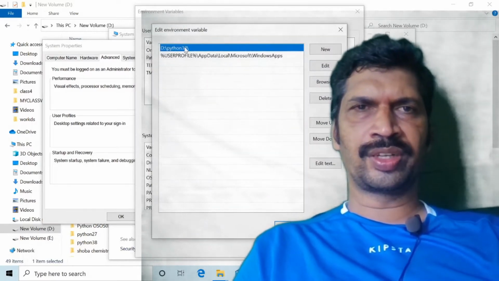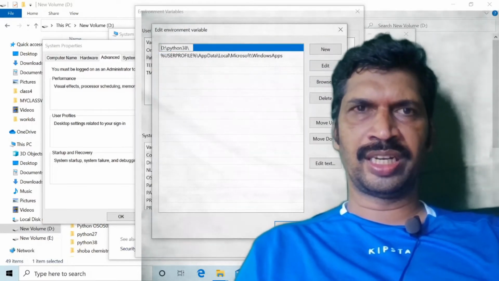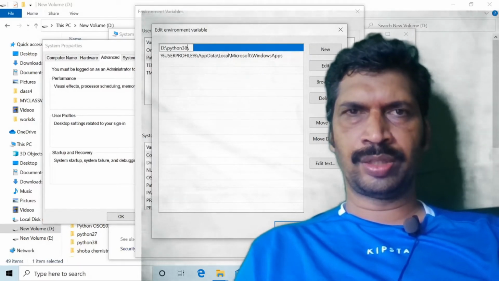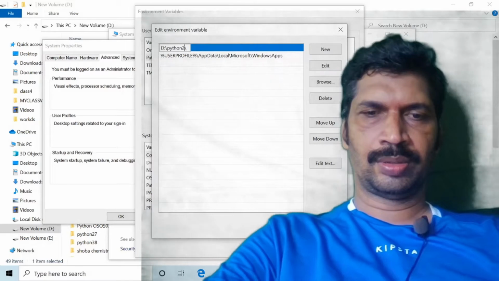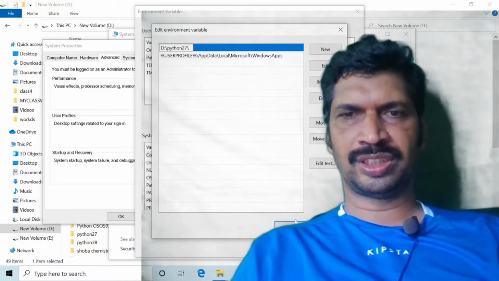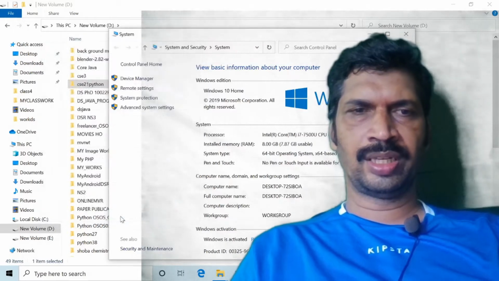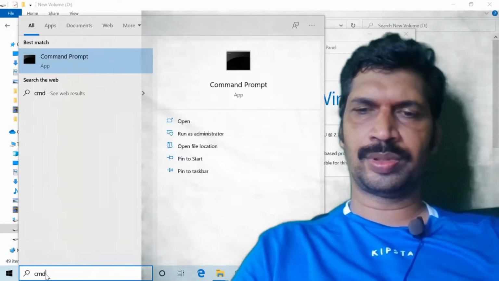I want to work with Python 2. If the installation is already completed, we can do it like this: Python 2.7. I explained previously how to change this. Now I am opening the command prompt.